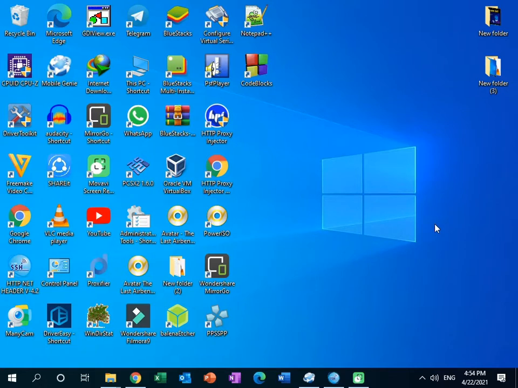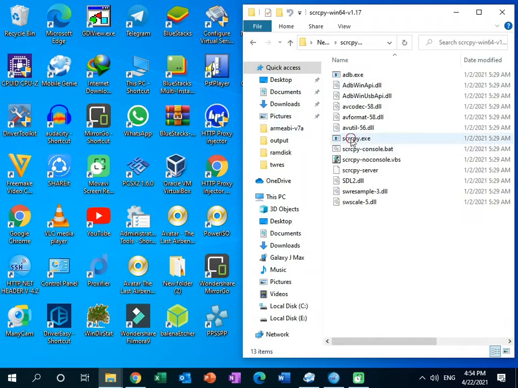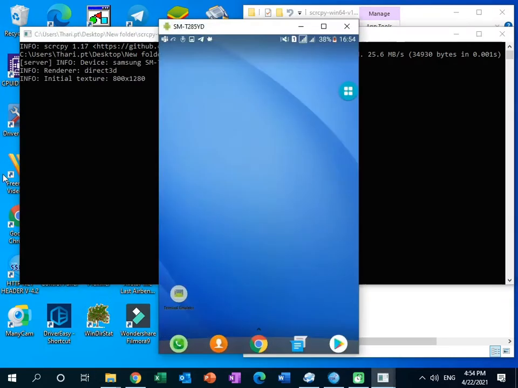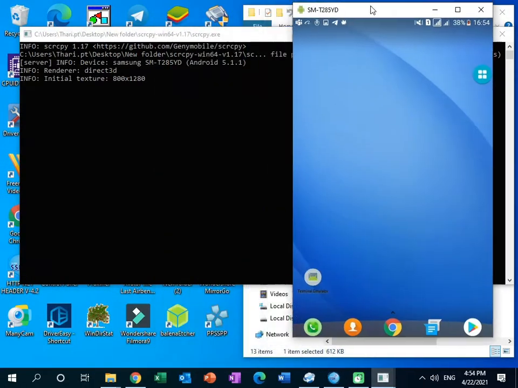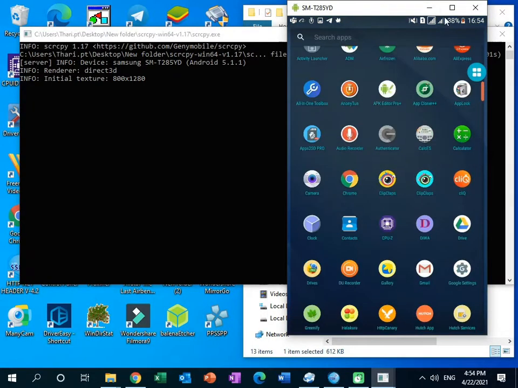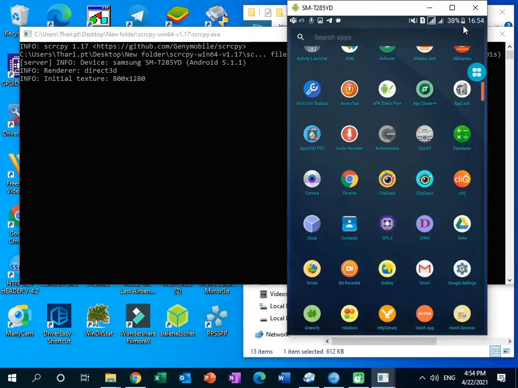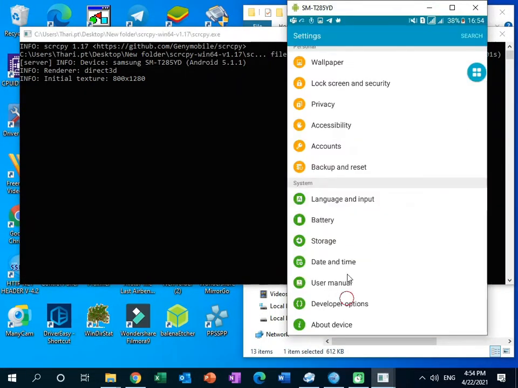So I am going to give you a totally free software for this process. You can download that software from the description of this video. Then you need to open it like this. This is our software. I already extracted it to my PC. Here is our application. Then click on it. Now you can see here is my phone. I can click on any point of my phone, and also I can go to notifications. Then I can go to my settings. Here is my device settings.